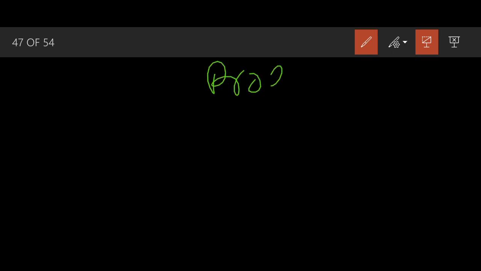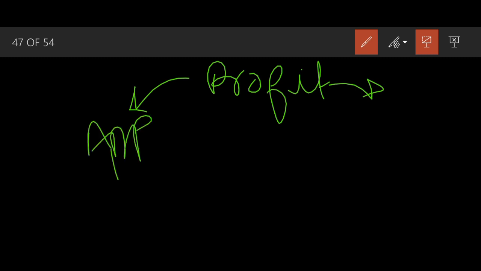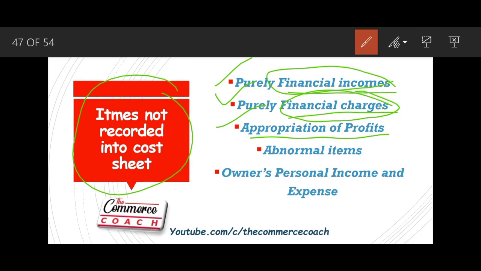If you have the basic knowledge of accounting that you have learned at the basic level, the items of profit can be of two types. We do appropriation of profit, and we charge against profit. So basically there are items that are apportioned from the profit. Appropriation means the usage of profit. If you have profit, then you will be utilizing it into various sources.